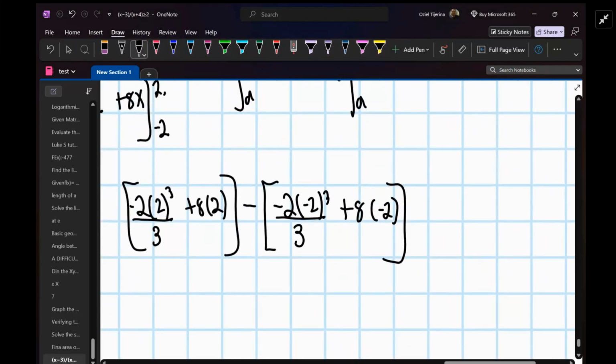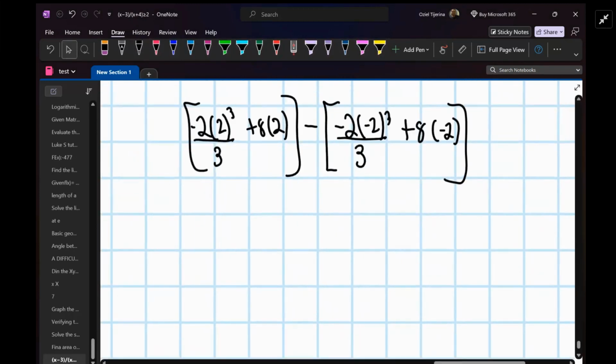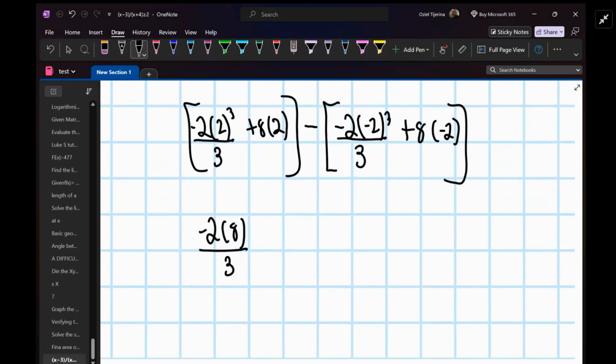And if we use the calculator for this, let's just calculate this. It's going to be negative 2 times 8 over 3, and then plus 16 minus the quantity